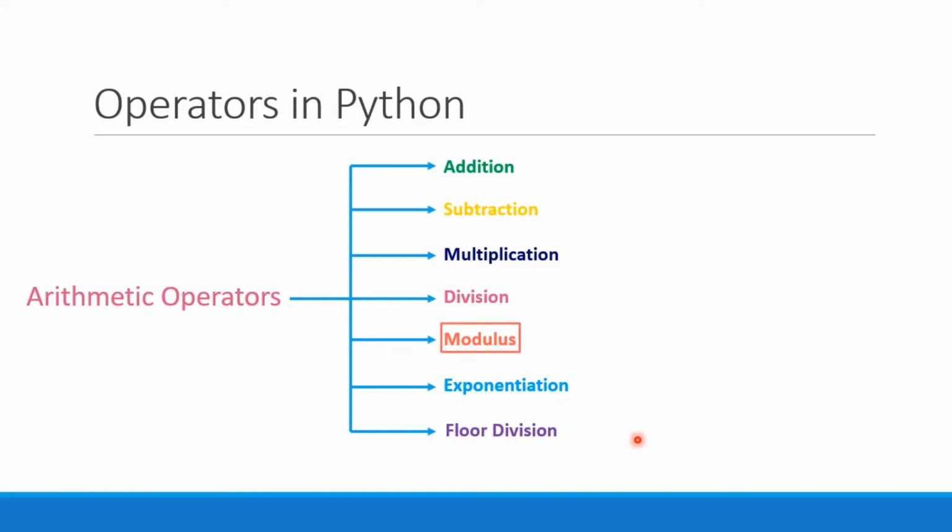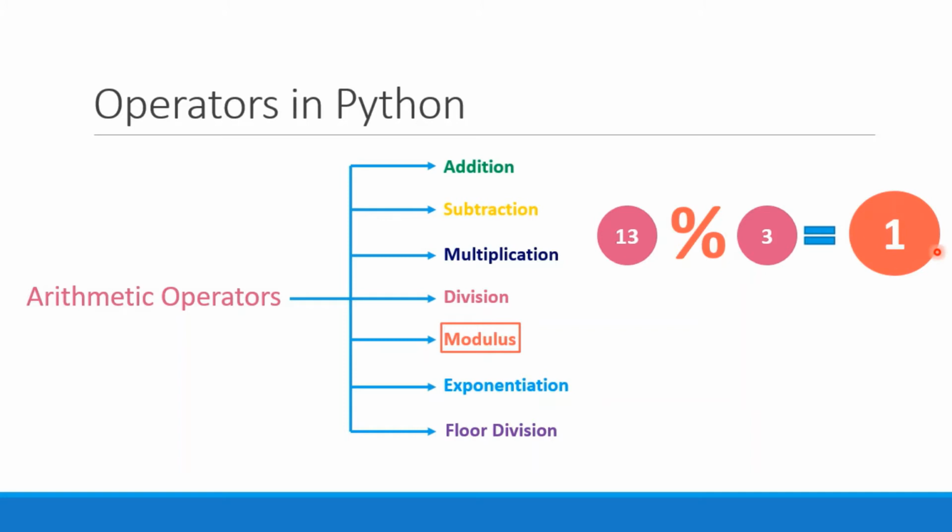Modulus operator is basically used for finding the remainder. Whenever you want to find the remainder, it will divide two values and give you the remainder. Let me give you an example. Here I have 13 and then I have 3. I want the remainder of 13 divided by 3. So for remainder, you can use this percentage symbol. When you use this percentage symbol, Python will divide 13 by 3 and give you the remainder. For example, it will give you an answer like this. Here you have answer 1 because when we divide 13 by 3, 3 into 4 will be 12 and we will get only 1 as a remainder.